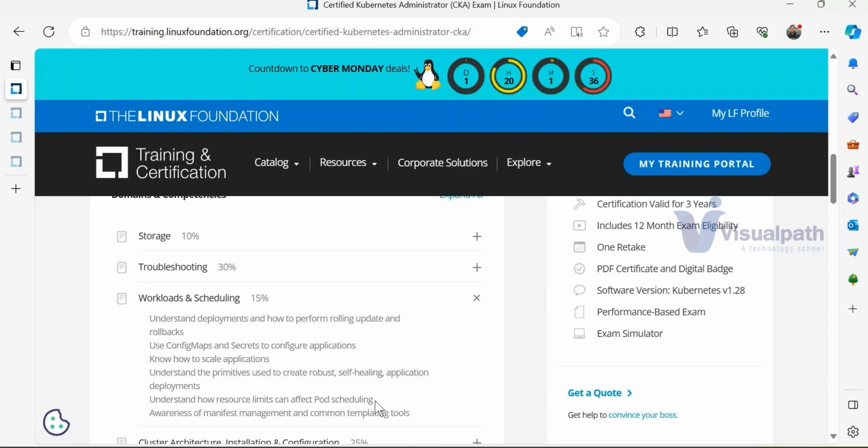Scheduling means will this resource be available on my nodes, right? Then all my application will be placed on that particular node and my application is running. Node is nothing but a machine. Don't get confused. Very often I will be using all these terms, but eventually you will also understand, right? Sometimes because I'm already in that mode, I will use these terminologies very frequently, but don't get confused.